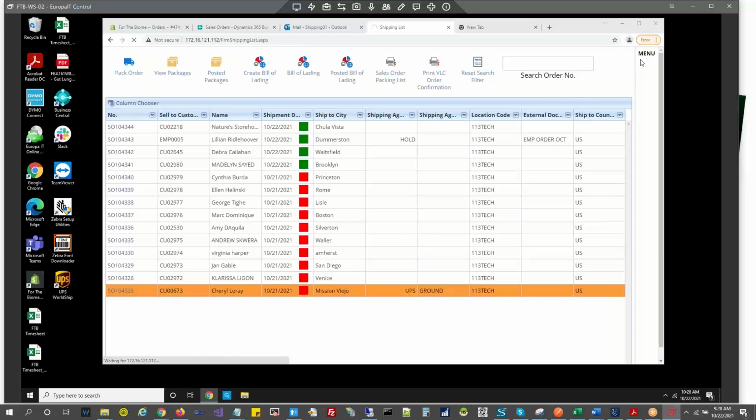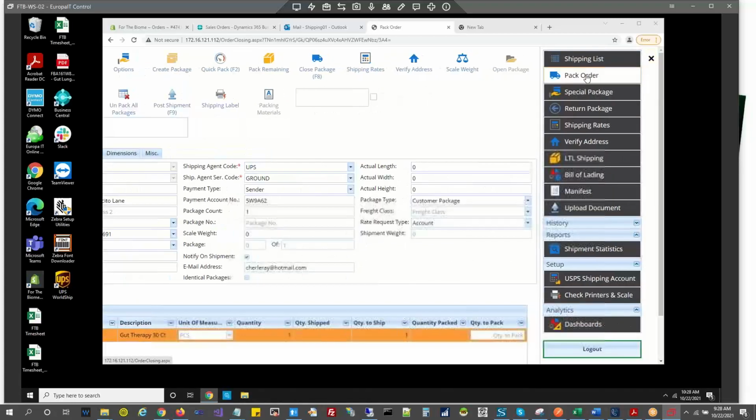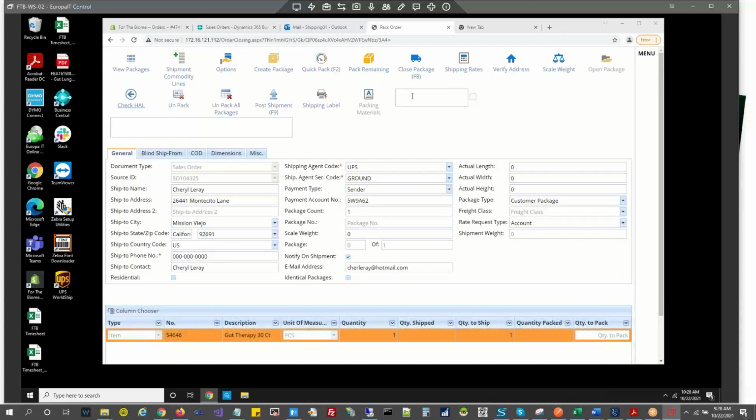Or else we can come directly from the menu to pack order, and this is the same screen; we can directly enter the order number here. This is the order pulled from Business Central in real time. Whatever changes you make in Business Central will be reflected in real time here.